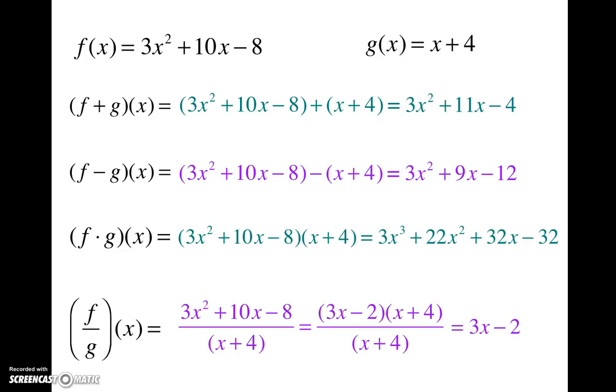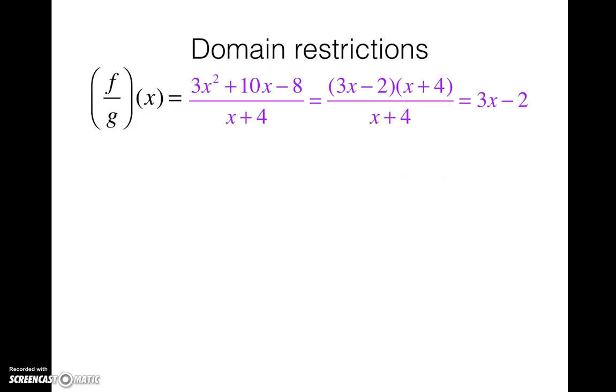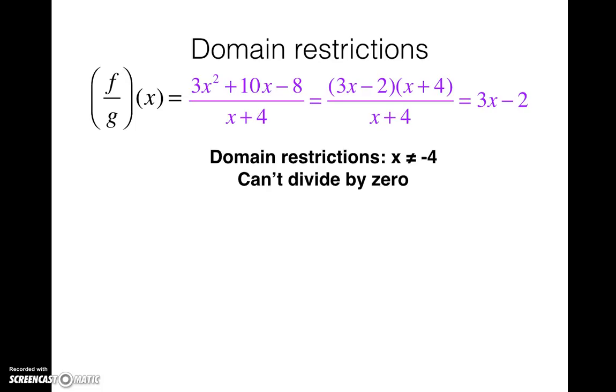We can cross out both of the x plus 4's, and our final answer is 3x minus 2. So those are the 4 different operations we could do with the f and g functions. We have to be careful for domain restrictions. So in this situation, we ended up with a fraction, and the domain restriction here is x cannot equal -4